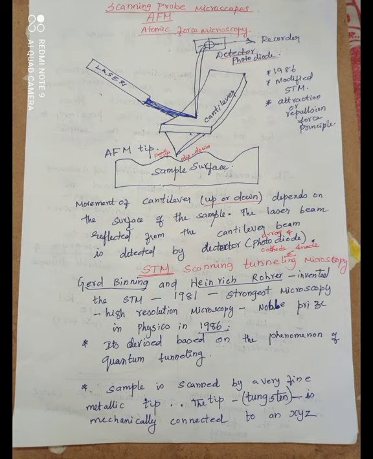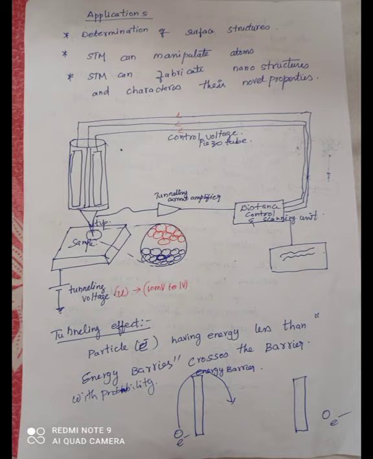So what is the tunneling effect? Let us discuss. For example, if I want to jump from one edge to another edge and I am given a chance of 100 attempts, I can make the jump at the first attempt itself, or at the 10th attempt, or at the 99th attempt. It depends upon the caliber of the person who is jumping from one edge to another edge.